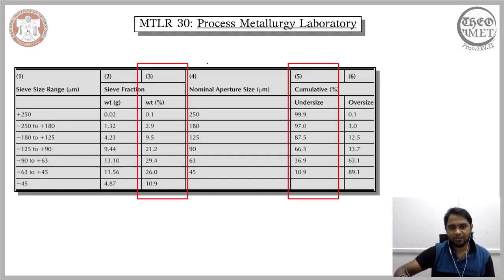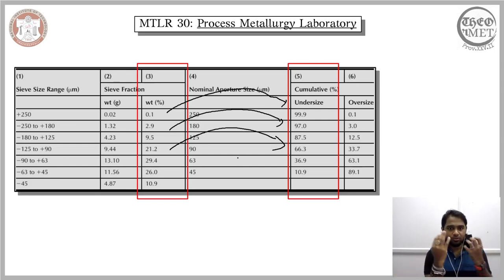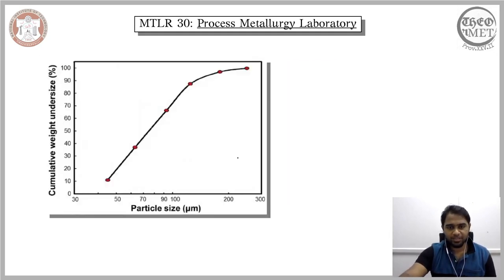So it is nothing but 100 minus this value here. If you just subtract it, you would find that 100 minus this value here would give you this value here. So it is related in that manner. Ultimately, instead of considering the individual fragments that are held by an individual sieve, we are considering the amount of fragments that are allowed to pass through the sieve. So when we do that, the graphical representation would look something like this, where the particle size